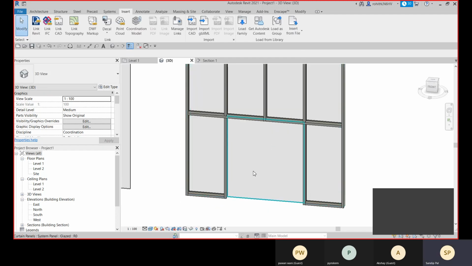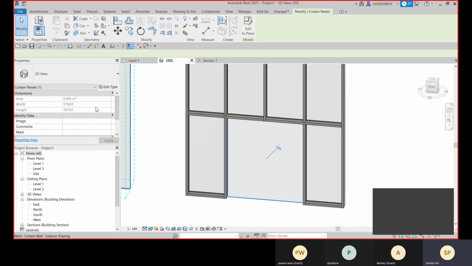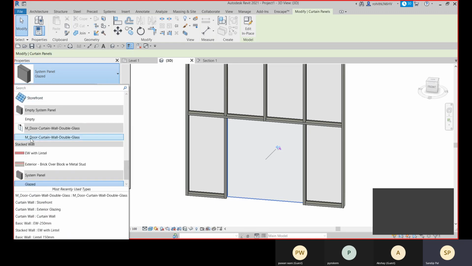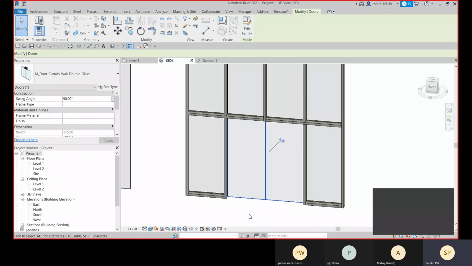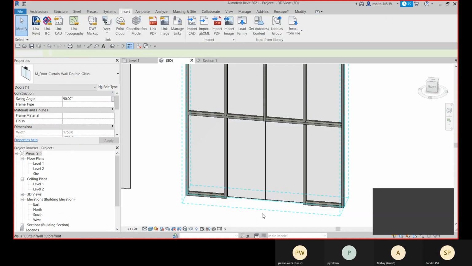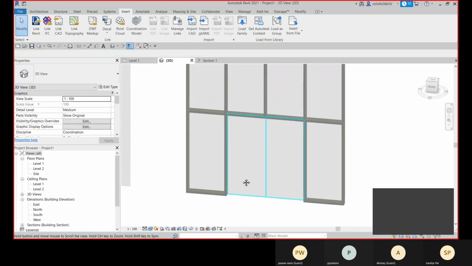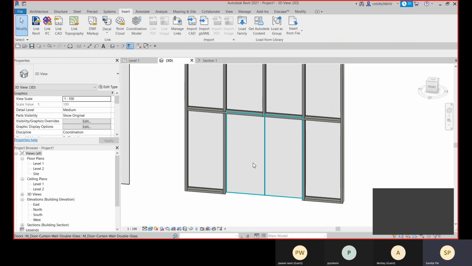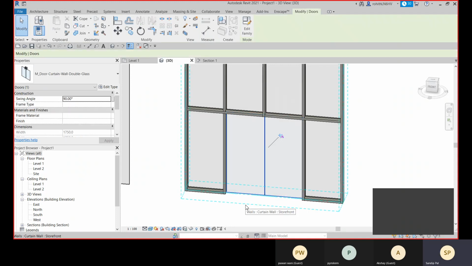and then with Tab select this system panel and then unpin it, and then from the type selector you will get that option. Just select it, and this way you can place a curtain wall door. And if you need to change the orientation of this, just press the space bar.